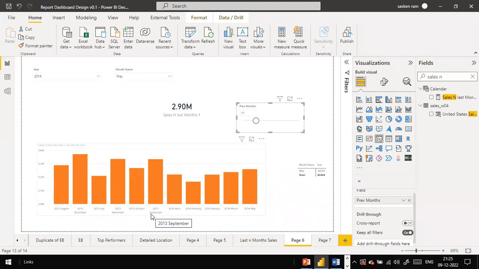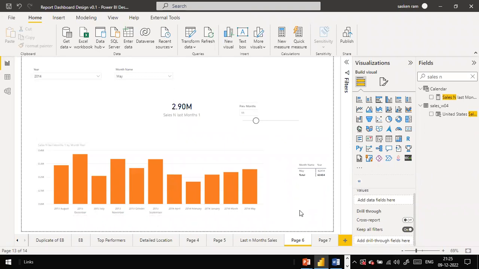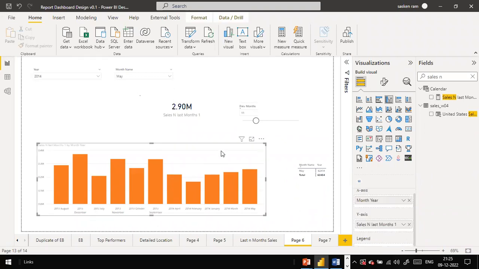So what happens is the previous year starts from December and then November, right? So 2013, 6 months, and this year 4 months, right? So overall 11 months it shows. This is the requirement. This is how they want to see the report. Okay. So now what happens here is